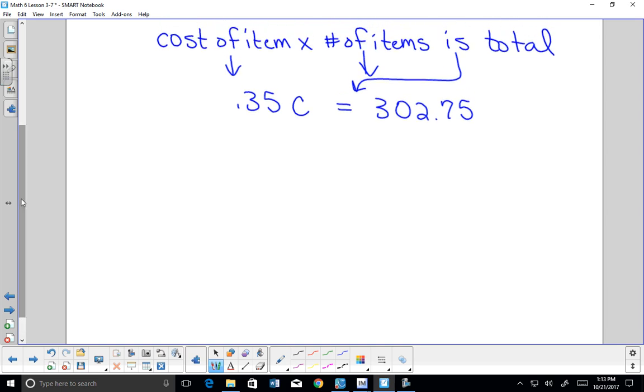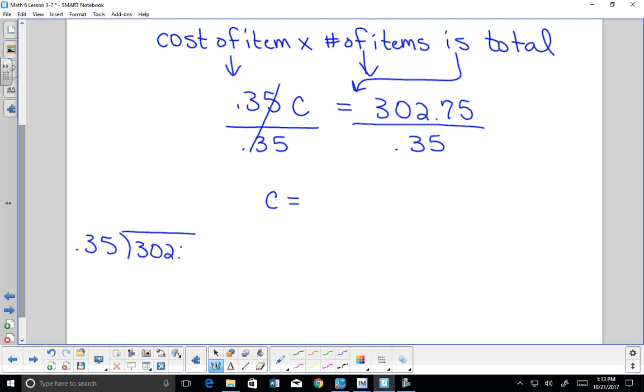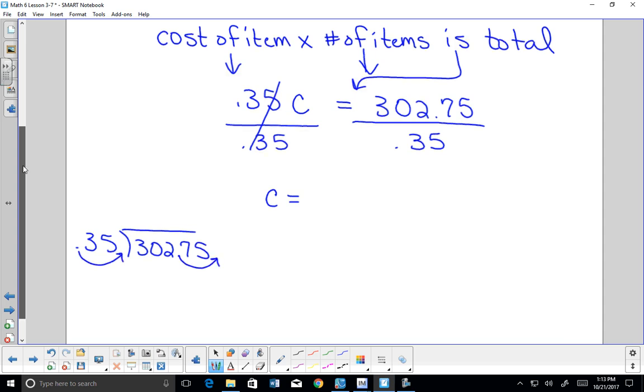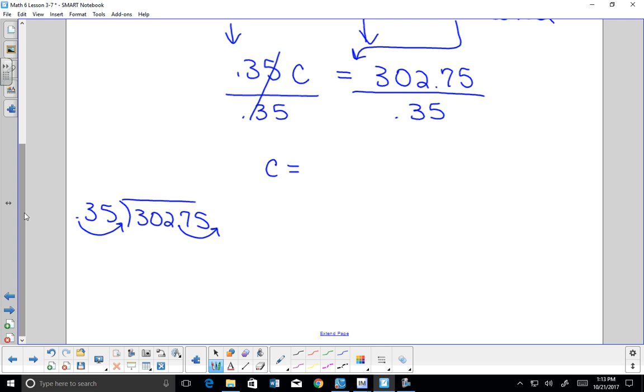Now we can solve this equation. To undo multiplication by 0.35, I will divide by 0.35. Okay, so these will cancel, and I get C equals, okay, now this is going to be a little bit longer of a division than I need to do. It's 302.75 divided by 0.35, so if you remember, 0.35 divided into 302.75, need to clear that decimal. So actually, instead of dividing 302.75 by 0.35, I am dividing 30,275